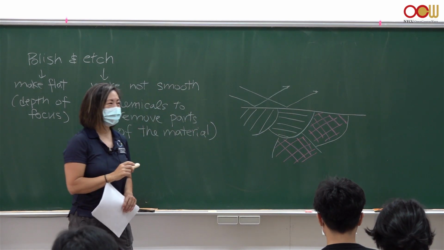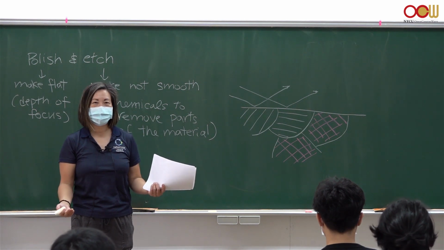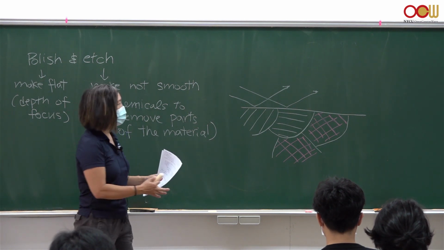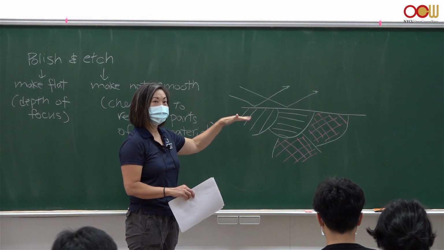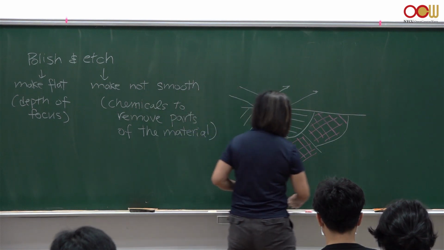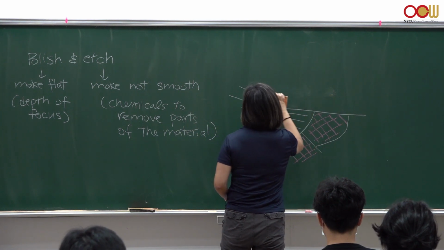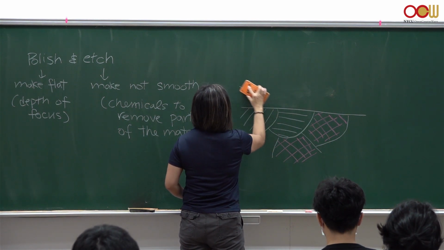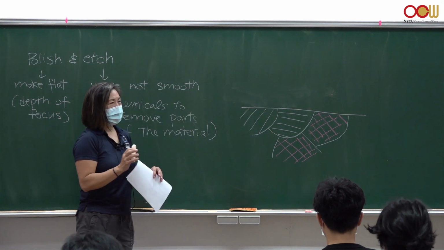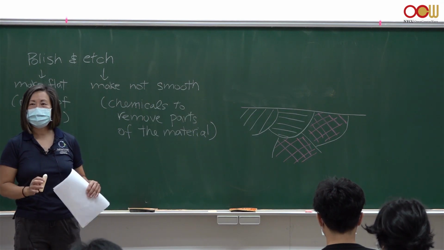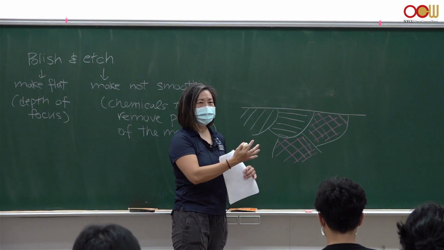All the light that's reflected would just be bounced back because it's so smooth, and you wouldn't get any information out of it. And so that's why, after you take the time to make it very flat, you have to actually roughen the surface. So you use a chemical etchant. And the chemical etchant will remove part of the surface, but it will remove it in different amounts depending on the energy of the atoms that it's